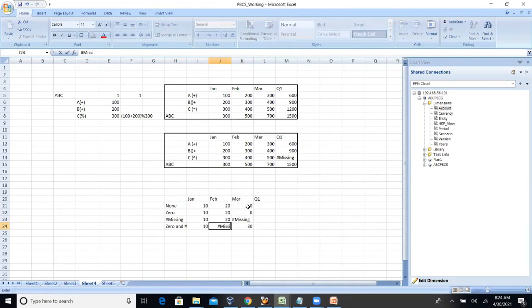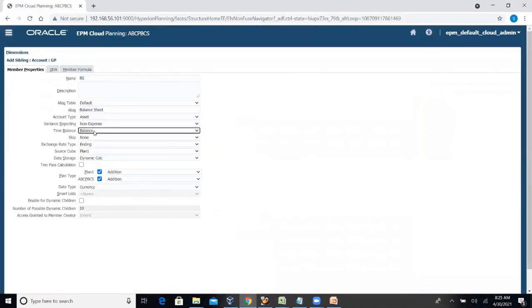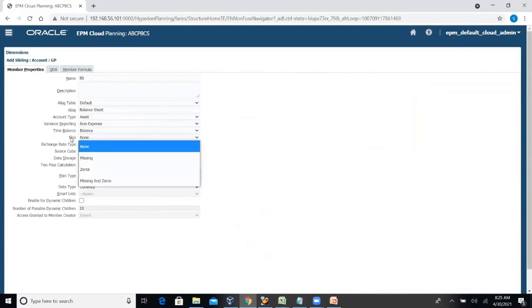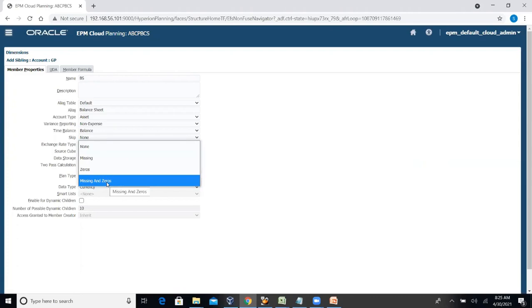Do you have any idea? That means how will the skip property work during the balance property? Here you select time balance as balance, and you can see skip property as none, missing, zeros, and missing and zeros.